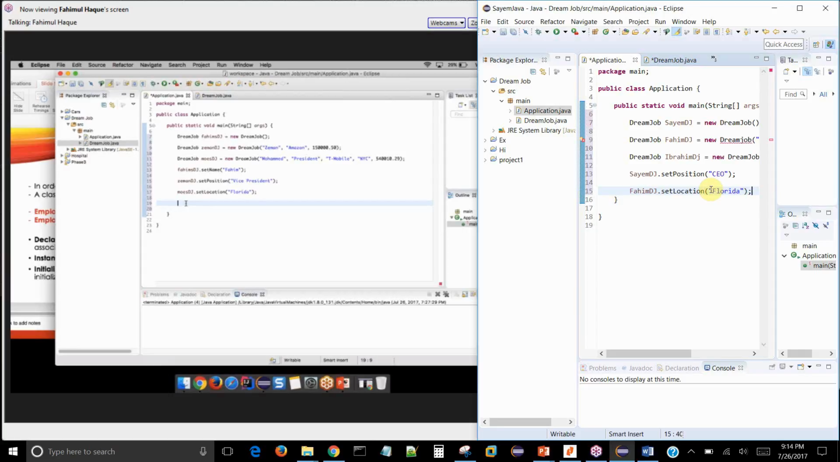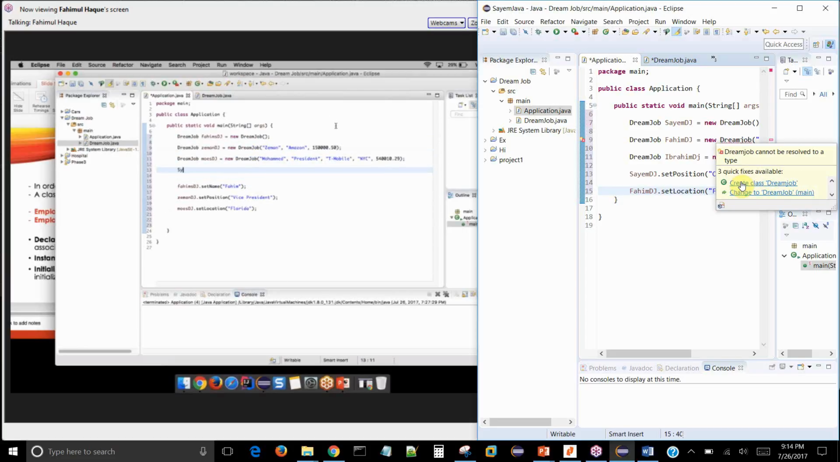Yeah, it's going to be Florida. So remember, when you're executing a program, it executes line by line. So remember, order matters. Let's look at it right here. Let's print out to the console. I'm going to use our shortcut, and we're going to print out